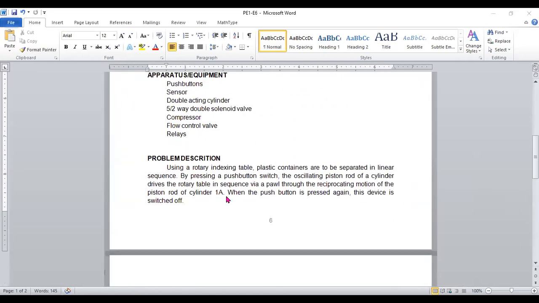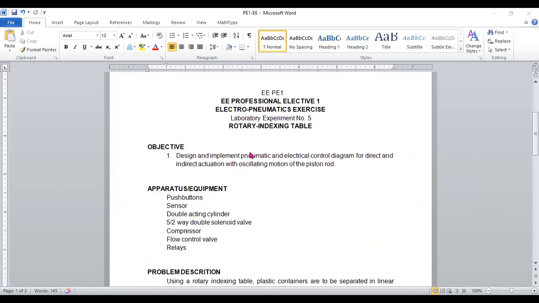The title of your activity number 5 is Rotary Indexing Table. You will be tasked to design activity number 5 using the double acting cylinder,